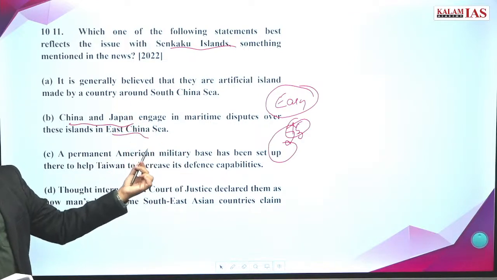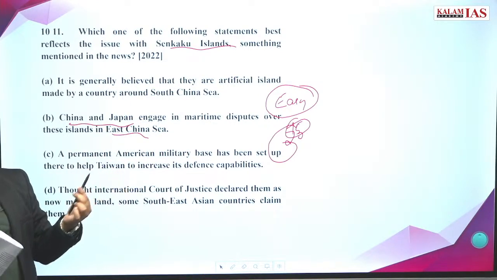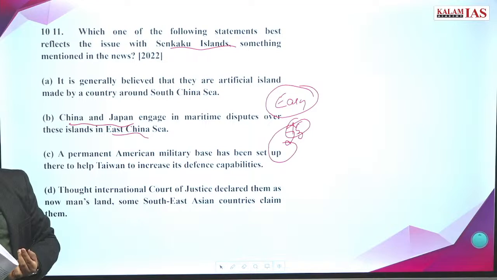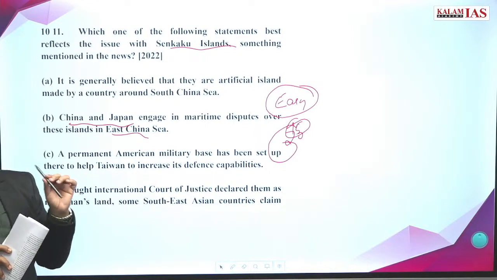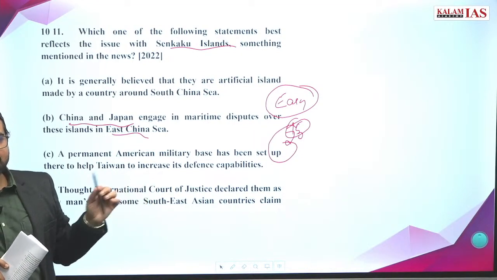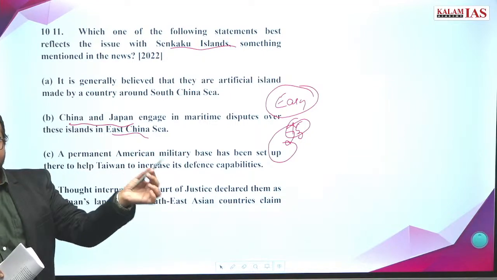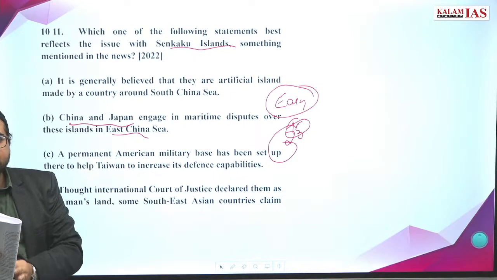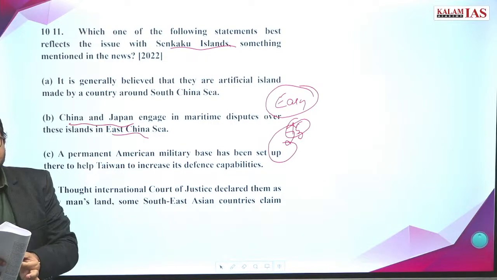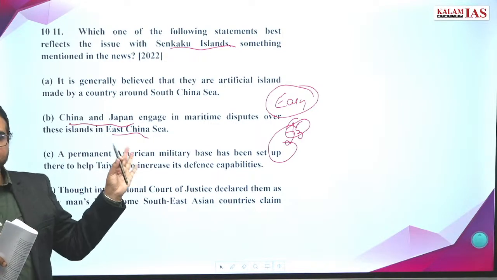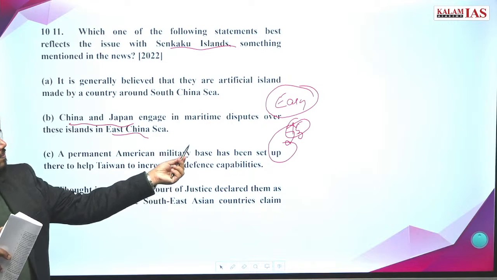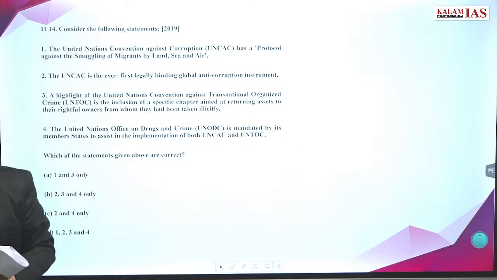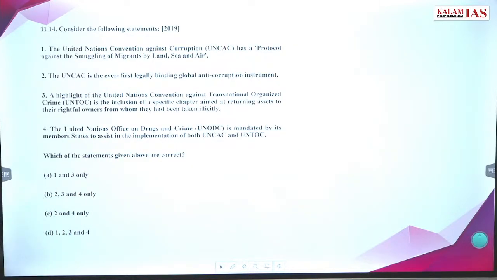So this kind of question from polity also, some very direct, straightforward questions. You should not miss these by any chance. Your preparation and your attitude should be like, if you are preparing a topic and a question comes from it, you should not miss it, you should get it 100%. Go ahead, answer the 11th question. It will be the 14th question in